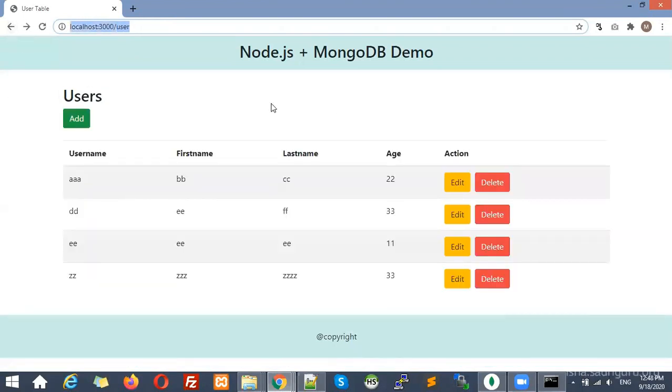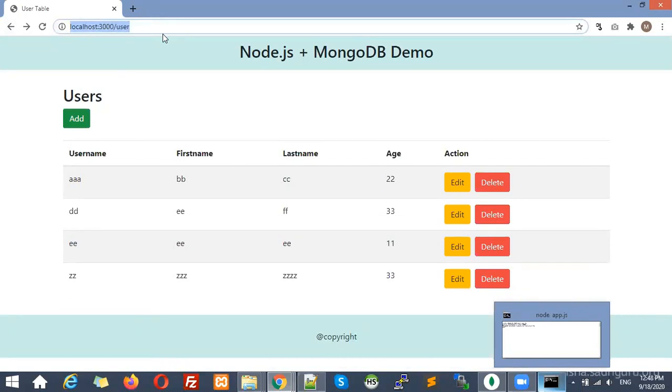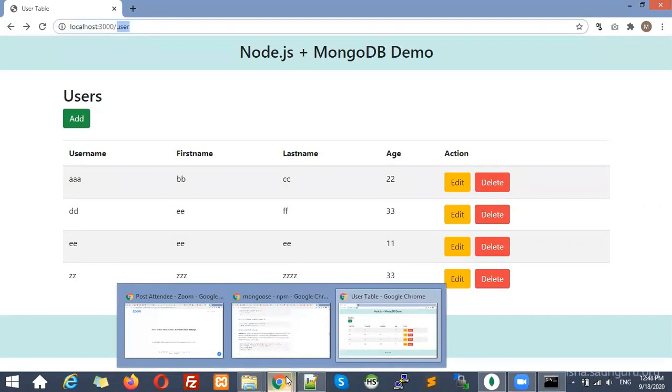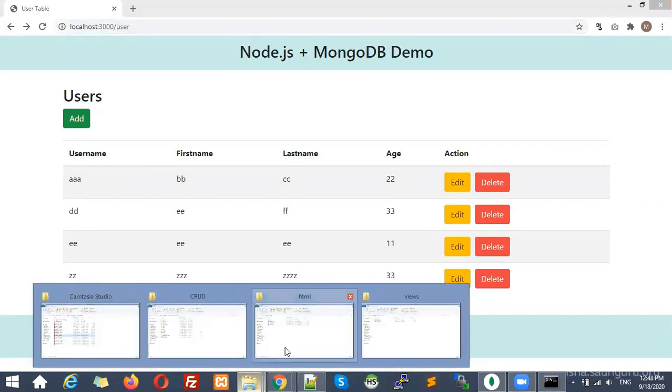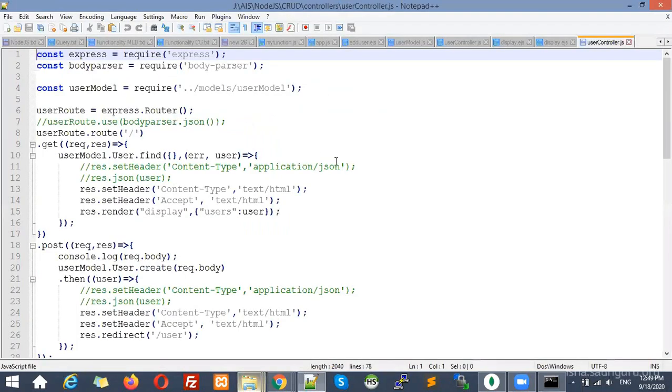After adding this one, there is this page where I have displayed all the records, where I am going to use just user, right? So after user, that means user and slash, this page is going to display. Let me show the controller of this one. This is the controller, the same controller that we have created.